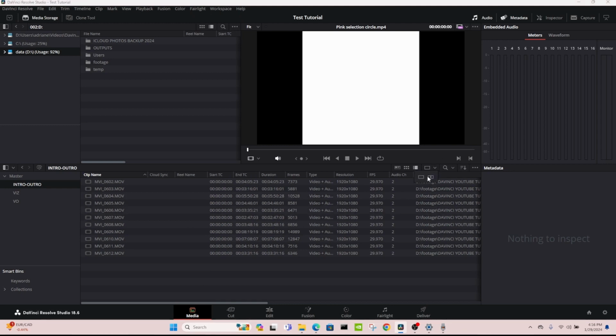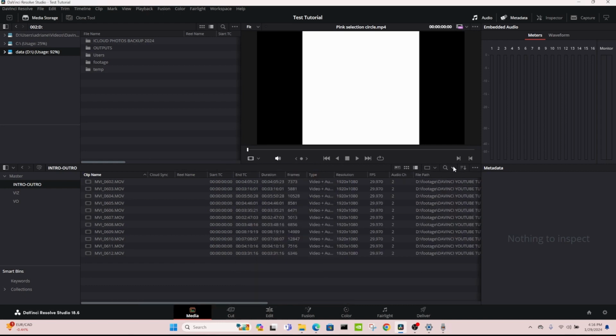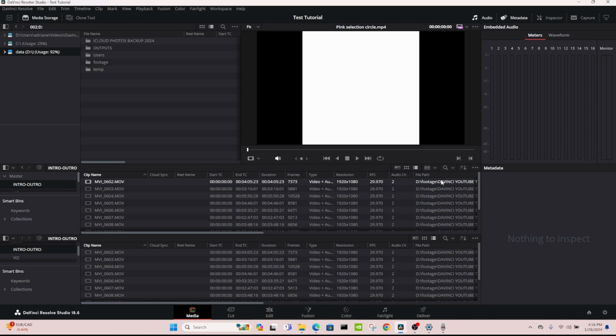I don't even know what this is. Oh, looks like two windows or one. What's the double? Ooh. I don't like that. Yeah, I like this one better. Well, maybe that's each bin. So we got two if we wanted this way, because now we can have VO under here and intro under here, right? Maybe not. Yeah, there we go. So our VO is open under here and our intro is up here, and you can have a look at them both at the same time if you are super fast and super cool and you can do pretty much anything. Wow.